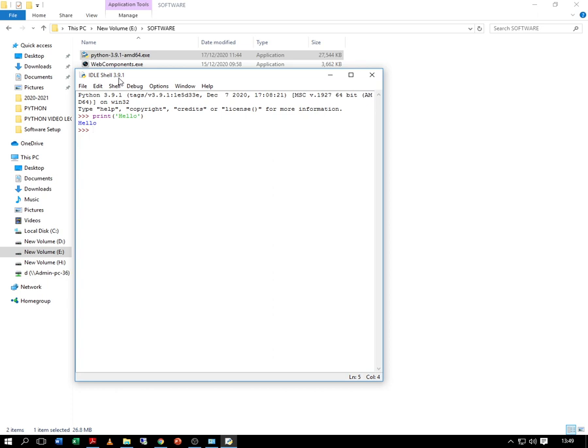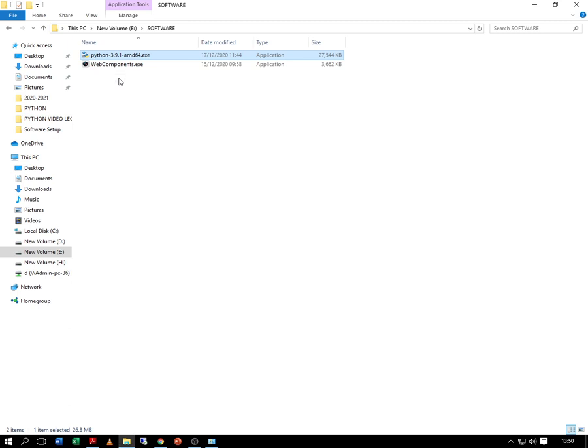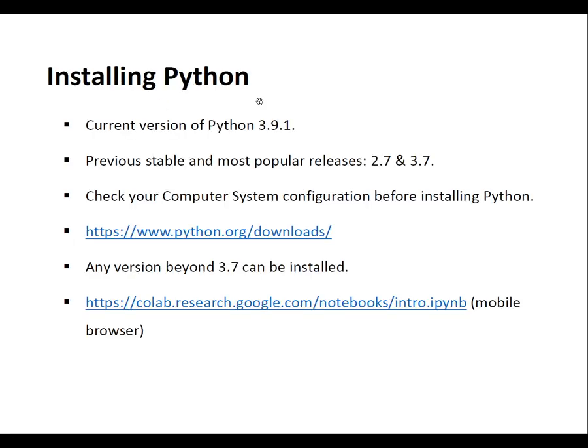Now to exit the IDLE or exit the shell, you can either press Ctrl D or you can type exit. When you give exit, you will be able to close the IDLE. So we have downloaded Python 3.9.1 and installed the same.